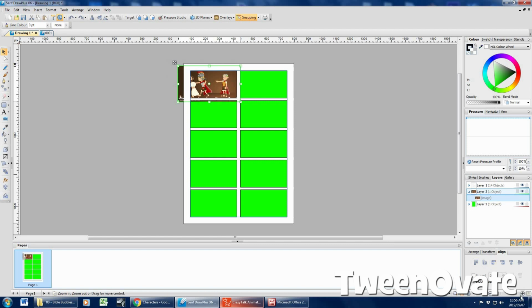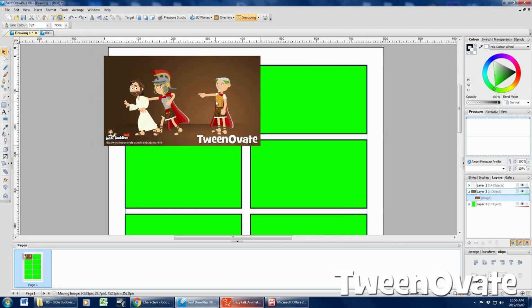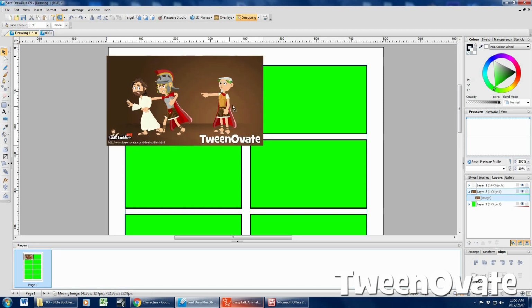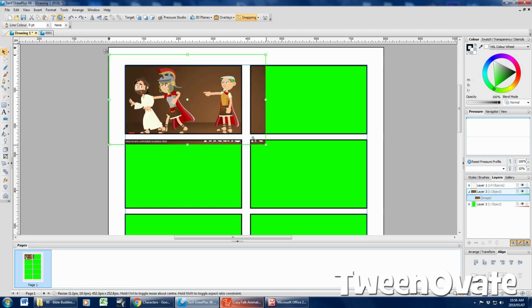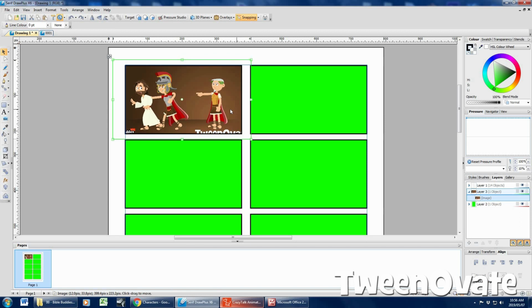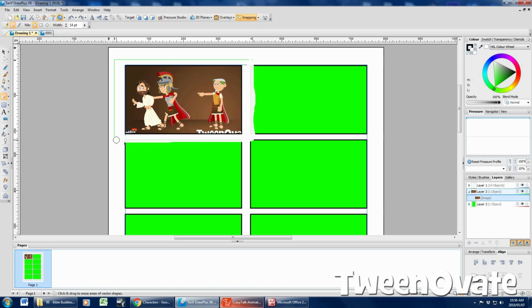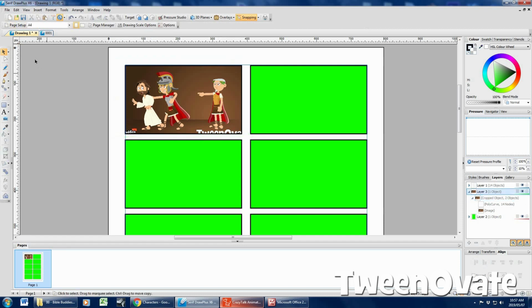Let me just zoom in. Make it fit a little bit more. Okay, just ignore those Twinnovate signs there, and let's just erase that so it doesn't come into the other blocks. And there you go. There's your first block, and obviously you can now add bubbles